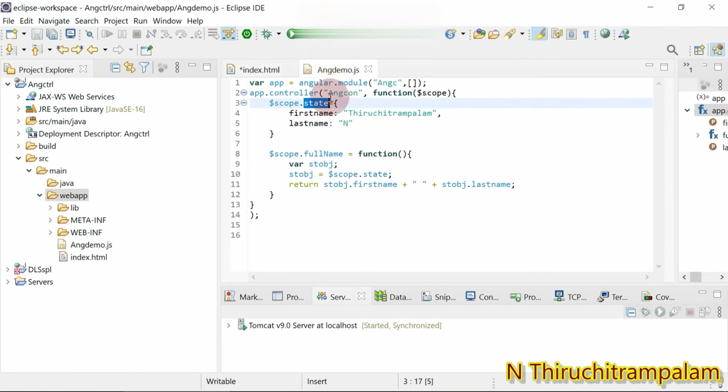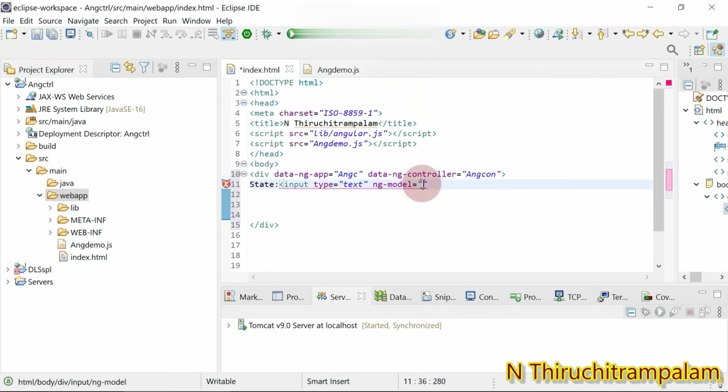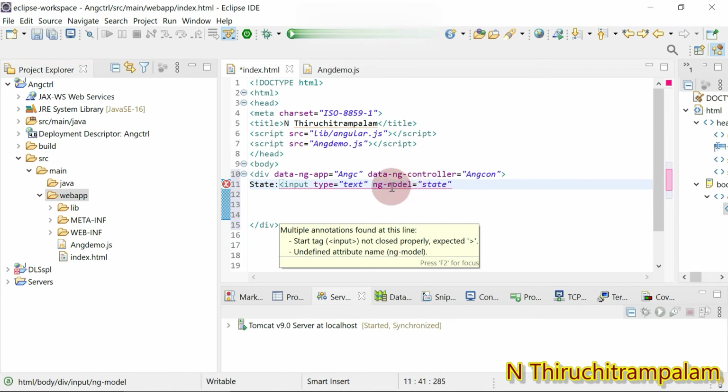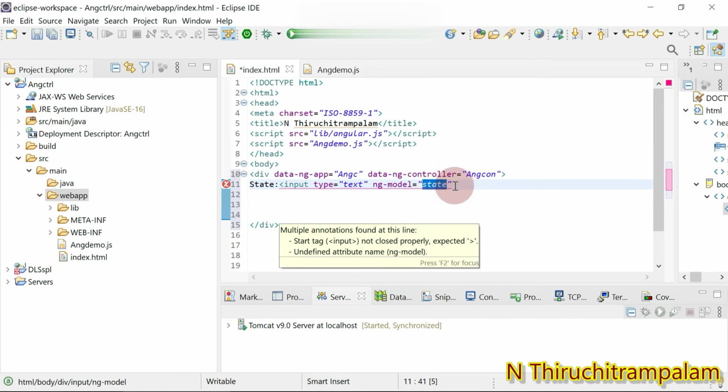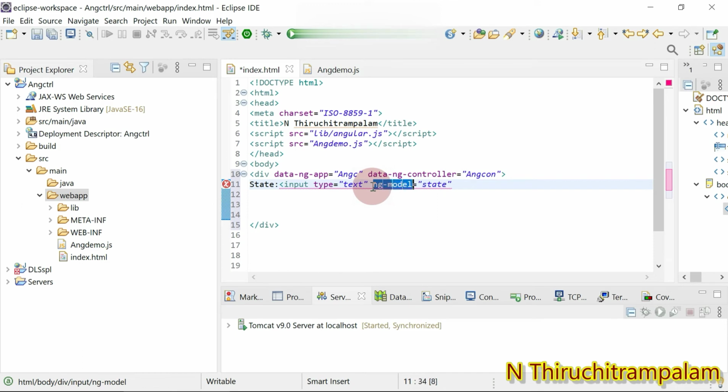Just copy it, and here you give it as state. So whatever changes you do on the view, that is the view page, will get reflected on the model, and whatever changes we have done on the model will get reflected on the page. All right, this can be achieved using the ng hyphen model directive. All right, so that's it.